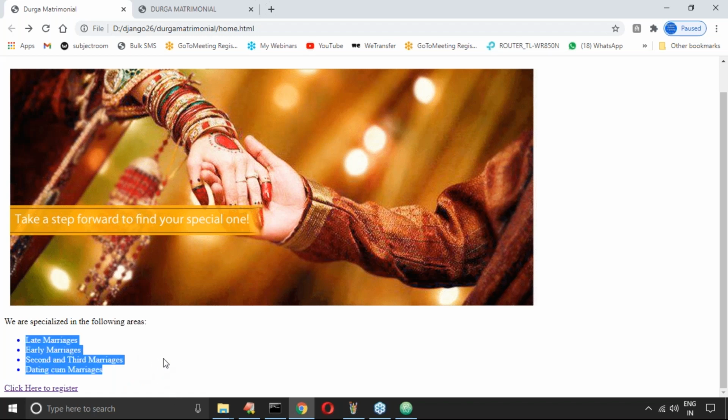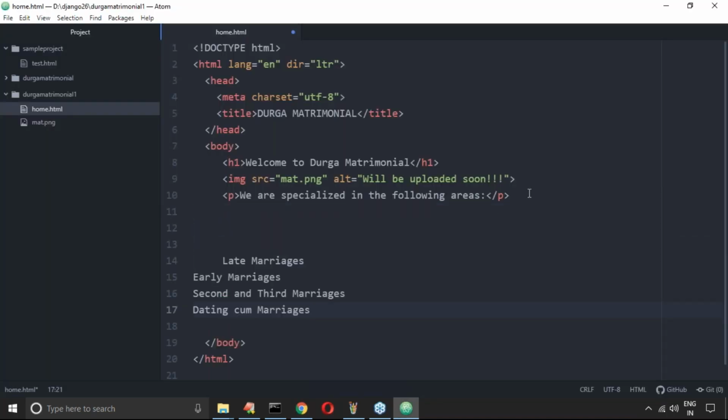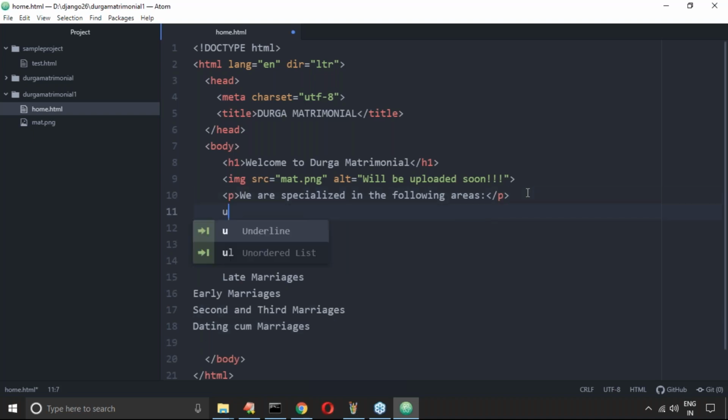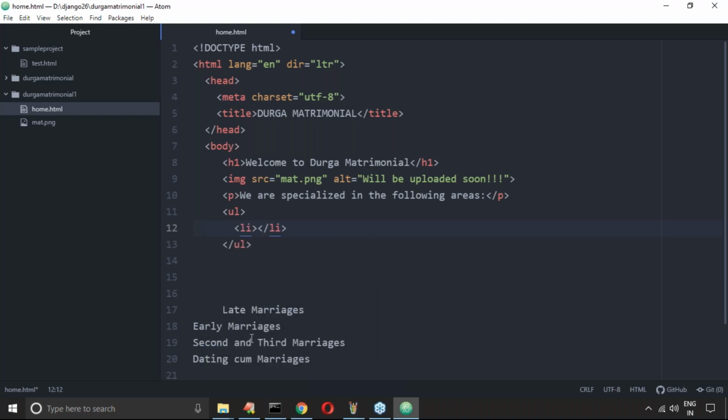So I take the unordered list, and in that, the list item. Have you remembered list item? The first list item is late marriages. Second list item.